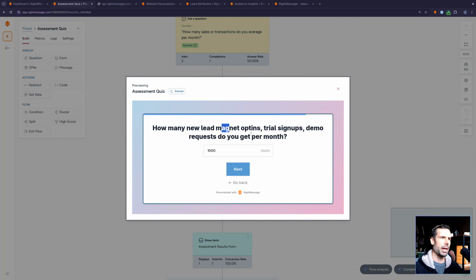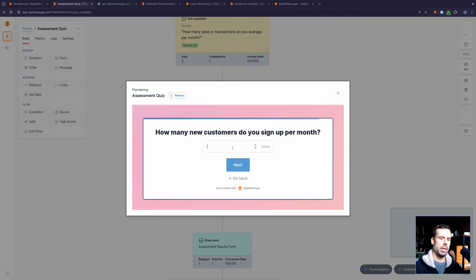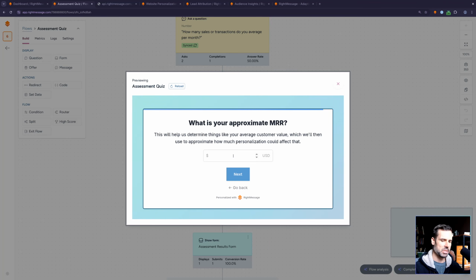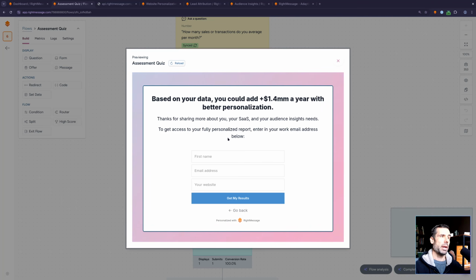And you can see here how the language is about SaaS. I said I'm a SaaS company. So it talks about trial signups, demo requests. We show different copy if you're an e-commerce company or whatever else. So that's another really cool thing that you can do with RightMessage. And we're getting 200 customers a month, let's say. Approximate monthly revenue, let's say 100K a month. Is that 100? Yeah. Okay, so based on your data, you could add 1.4 million a year with better personalization. Thanks for sharing more about you, your SaaS, and your audience insights needs. To get access to your fully personalized report, enter your work email address below. So that's the